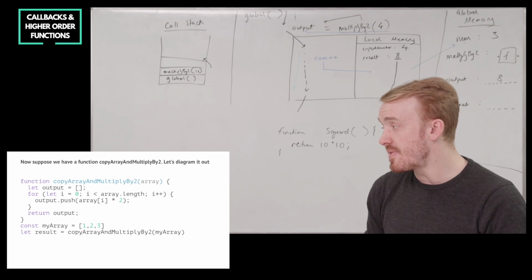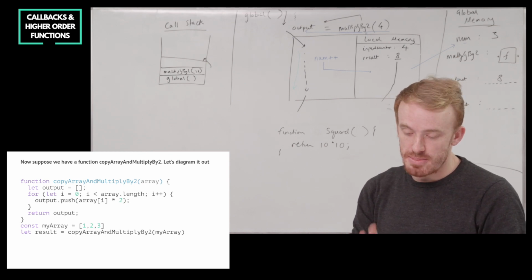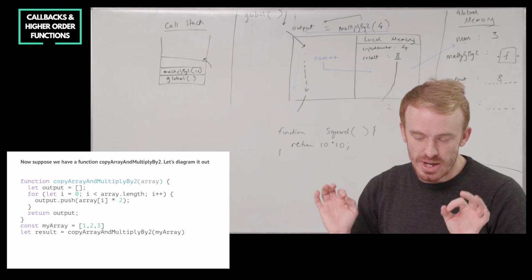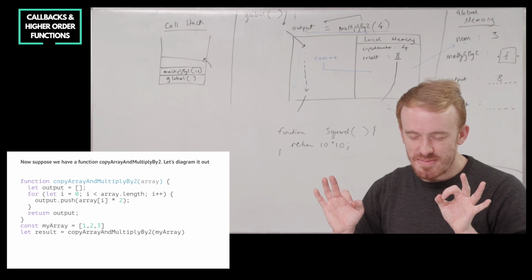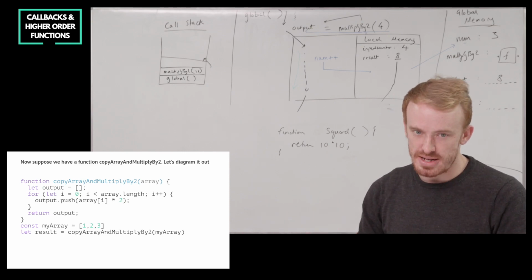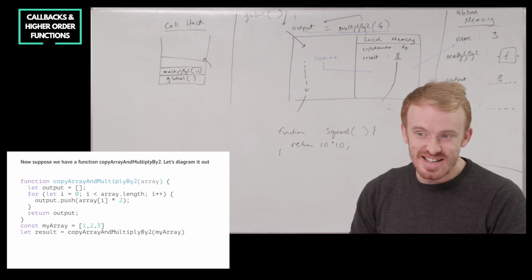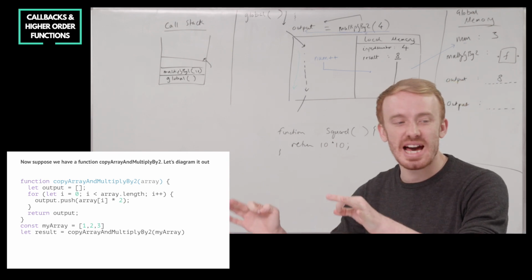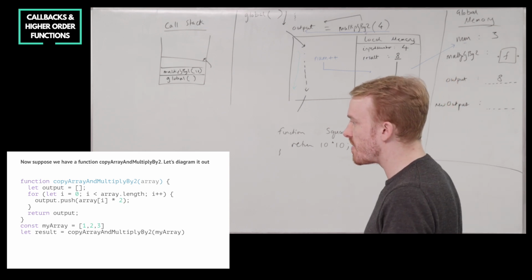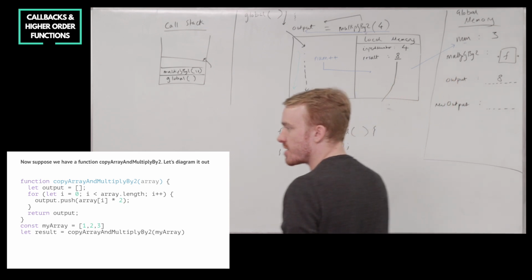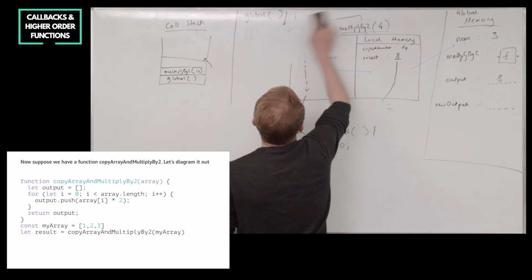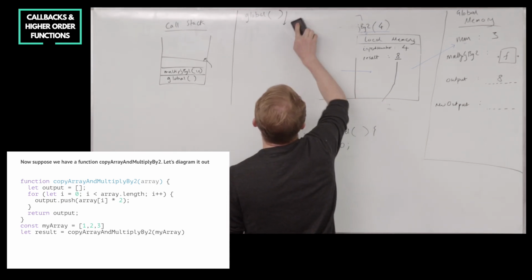As I say, this function is very useful. Taking some input data and doing something to it, we do this all the time. But we're going to discover that this and future functions are going to feel very repetitive. We're going to feel in our gut why we have a different, better approach. But here we go, starting off with our code here, copy array and multiply by 2. Let's walk through it line by line,